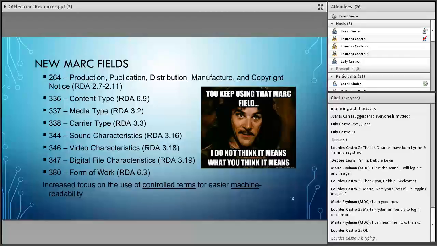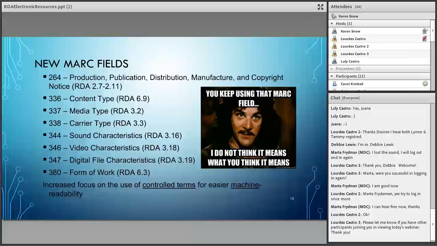And I have seen that. That's actually somewhat frustrating when looking at electronic resources in WorldCat, for example, that you may have an RDA record, but you may not necessarily see this 347. And I'm a believer in having as much information as possible in the record, as long as you are able to state that information truthfully and not just make something up. But anyway, for most of these, you'll have controlled terms provided for you at these specific RDA rules, like 6.9, 3.2, 3.3 for the content, media, and carrier type, and so forth. That will be there.